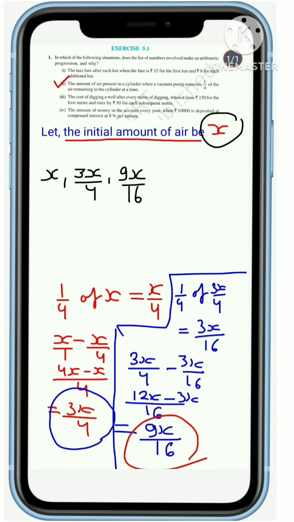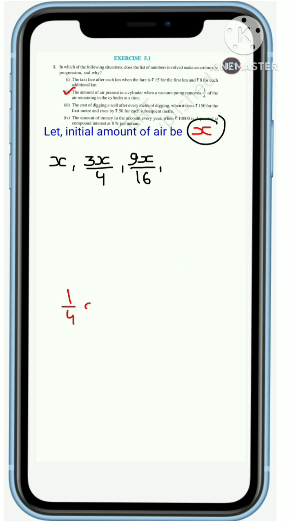Again, 1/4 of 9x/16. 1/4 part of 9x/16 means 9x/64. Now, after third removal, amount of air left in that cylinder is